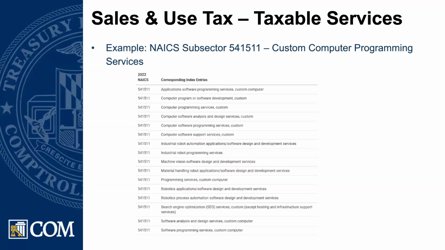For example, a quick web search for software publishing will show many results for subsector 511210 software publishers. However, that sector is not a valid NAICS code in the 2022 edition. Instead, software publishers are found under sector 5132 in the 2022 edition. What matters is what you are charging customers for. What matters is not the industry that you would categorize your business, but what is a description of the actual service that you're charging the customer for.